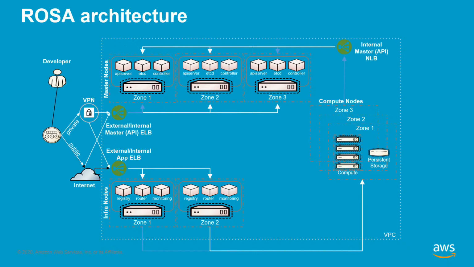And in that mode, you're going to have the 3 masters, and you're also going to have 3 infrastructure nodes to run things like ingress and monitoring tools, etc. And then as you'll see on the right side of this diagram, that's where you have the worker nodes or the compute nodes. That's the data plane of the cluster, and that's the part that you fully control in terms of how many of those nodes you're going to need and what types of nodes you're going to need. But in general, this is basically a picture that you would do yourself if you're running OCP. But in this case, everything is fully managed.